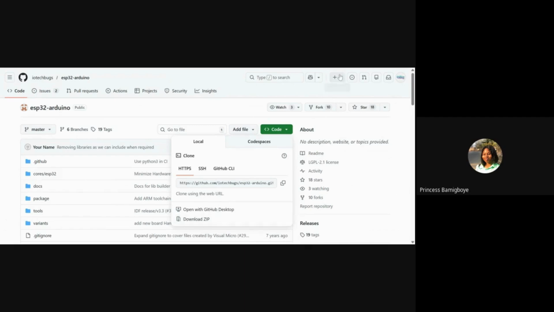After downloading the zip, once the zip file is downloaded, I will extract it. And after extracting it, we have it.